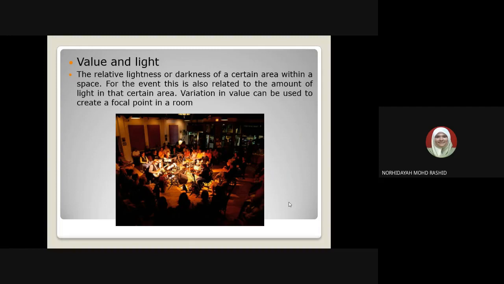Okay, kalau you tengok, to get the full attention dekat stage, but the stage actually in the center. So what they did actually, dia spotlightkan dekat tengah and after that dia dim lampu dekat luar. So the value and light dekat tengah tu indirectly, bila once kita dah gelapkan, lepas tu kita cerahkan dekat satu spot tu, indirectly mata kita akan tertumpu pada spot yang cerah. Do you realise that one?